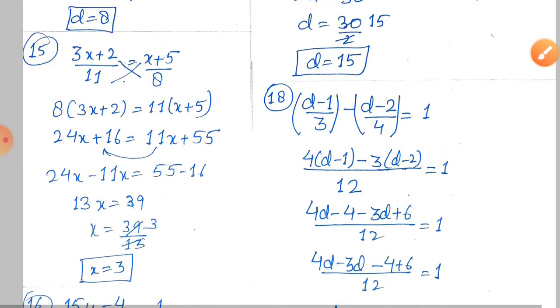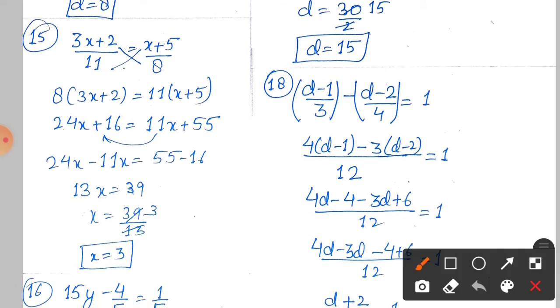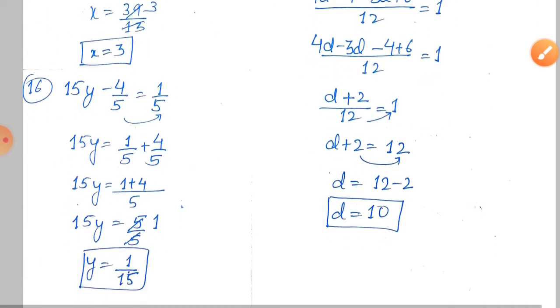Now, come to question number 15. Here one new thing has been introduced, since in the LHS we have a numerator and denominator, and in the RHS also we have a numerator and denominator. So what we will do, we will simply cross multiply. What does this cross multiplication mean? This 8 is in the denominator. Once we cross multiply it, it will be multiplied with the numerator as we have done in this step. Then this 11 will be multiplied with the numerator x plus 5. Then in the same way, we will open the bracket, write the variables together, and hence the value of x is 3.